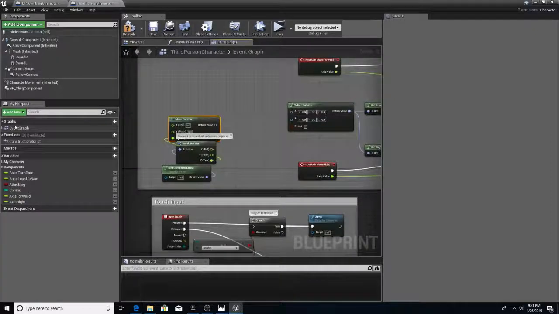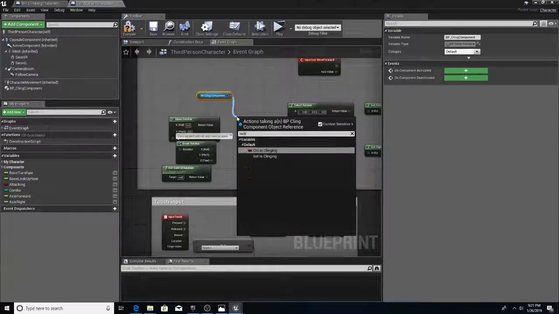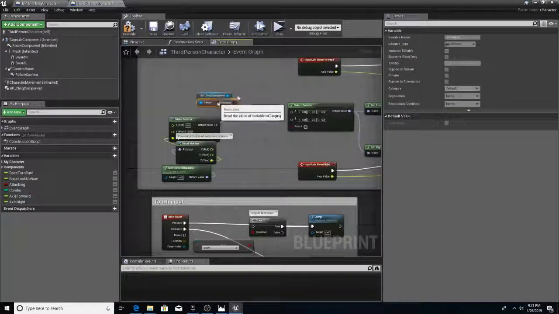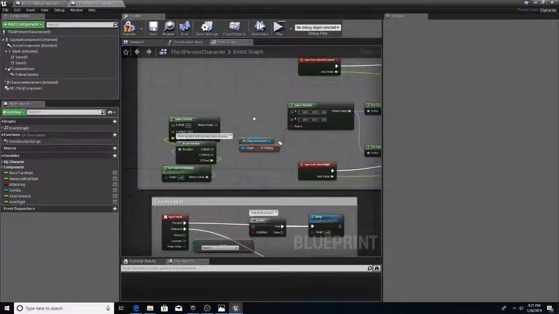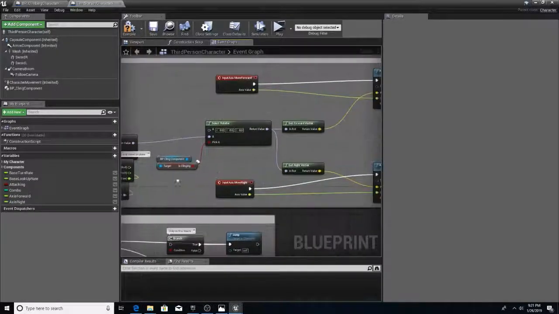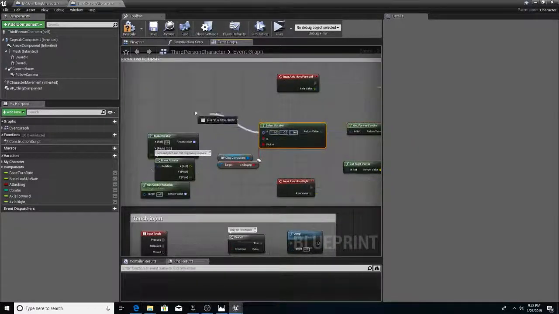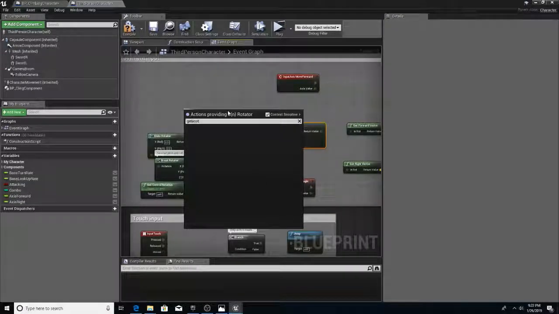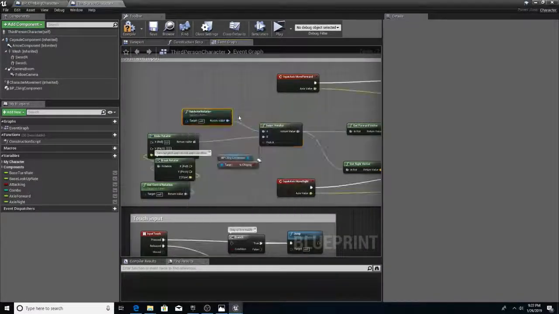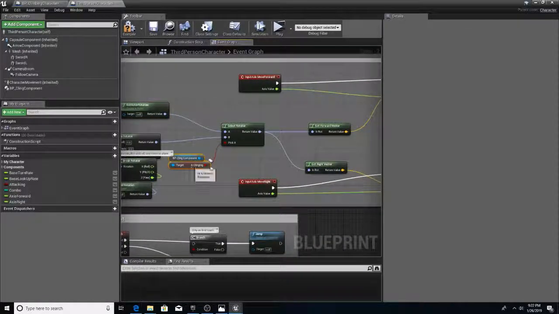And pick A. We can drag in our cling component and get is clinging, and that's going to be how we select it. So if we're not clinging, it's going to be B, so we're going to be using our default control rotation and forward vector. And if we are clinging, we're going to be getting our actor rotation instead, and setting these values off of our actor rotation. Put this back,